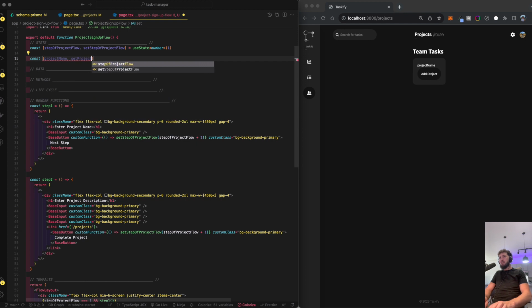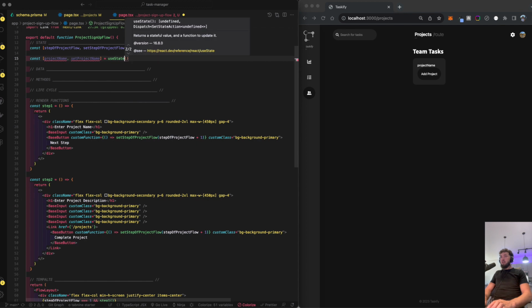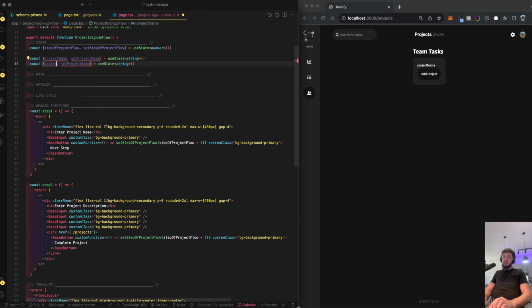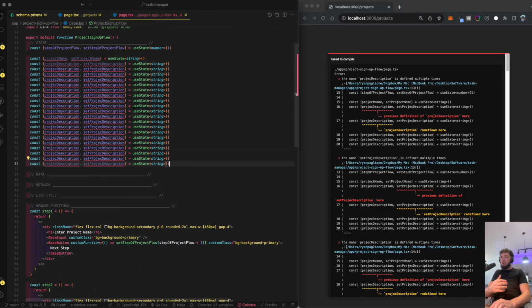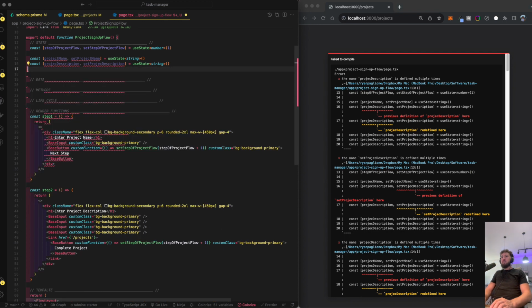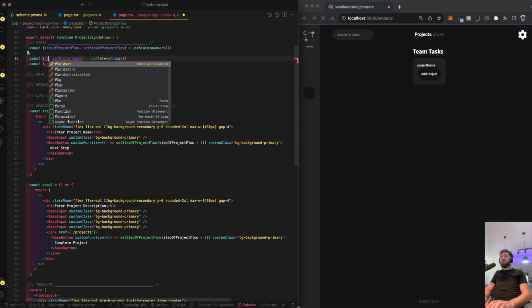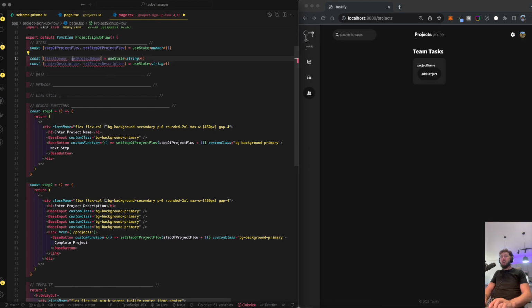It could be a completely extra step that you don't need to do, but I've done it for really large flows. Think about it this way: if we have like a 20-step form, and we have project description, then you have to add all of these things. Imagine you have a 20-step form, and you're going to end up with like 40 different pieces of state. So what I have done in the past is I just say first answer and then set first